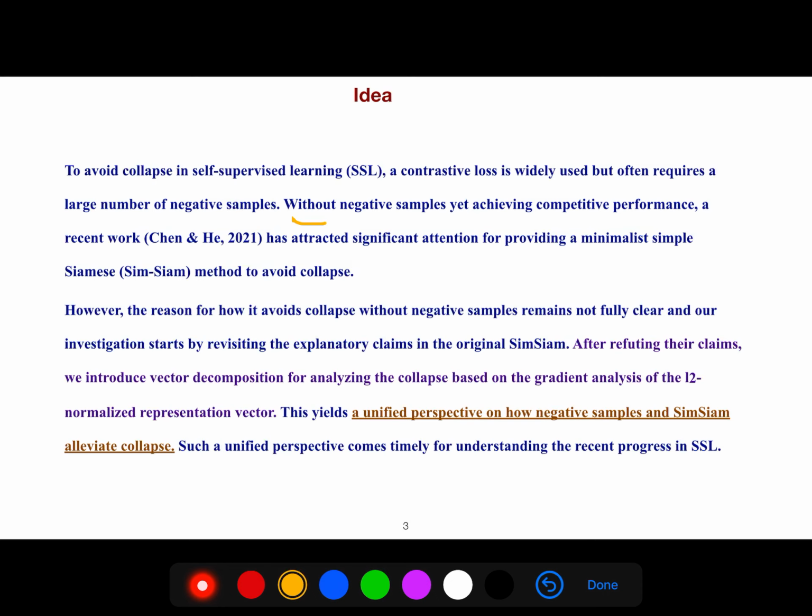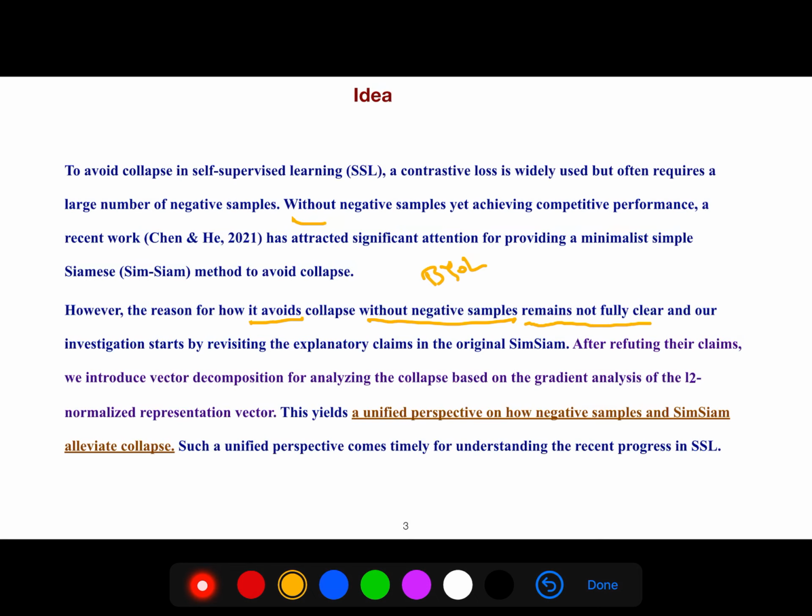However, the reason for how it avoids collapse without negative samples, even the BYOL algorithm doesn't use negative samples, remains not fully clear, and the investigation starts by revisiting the